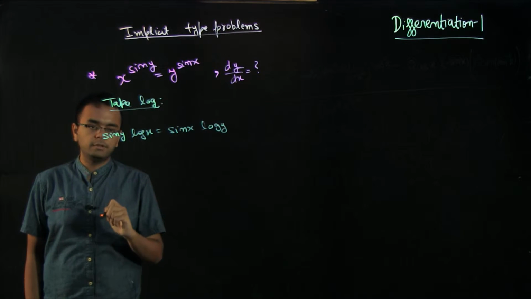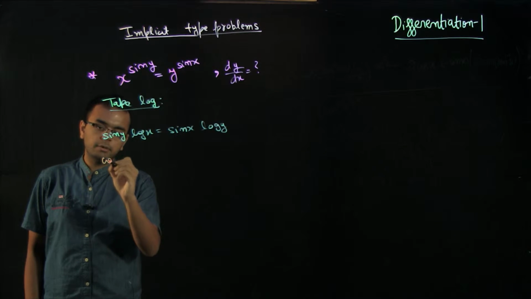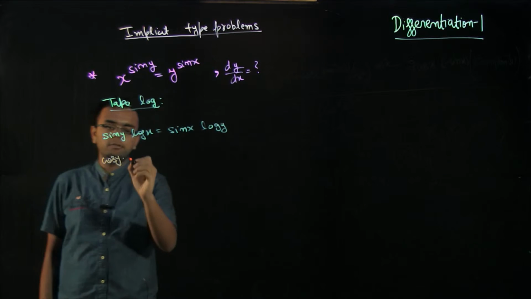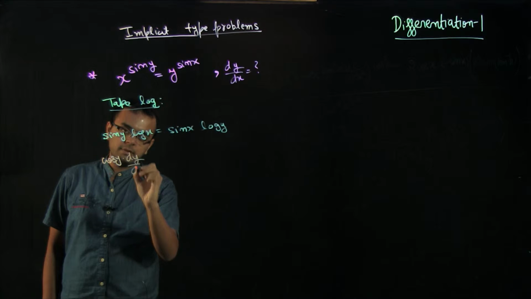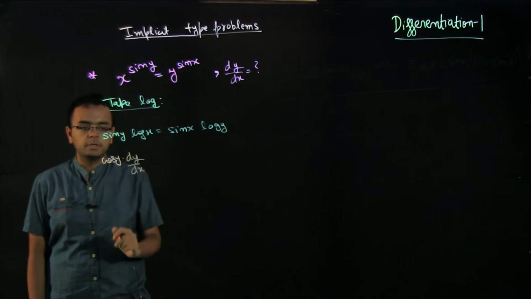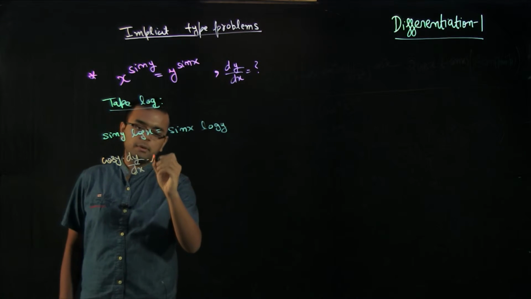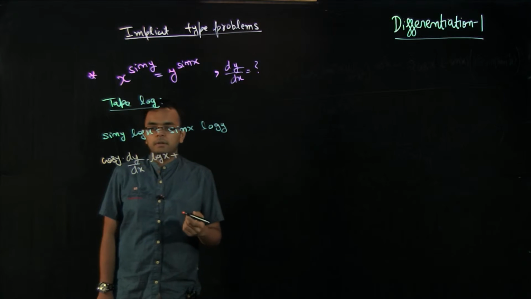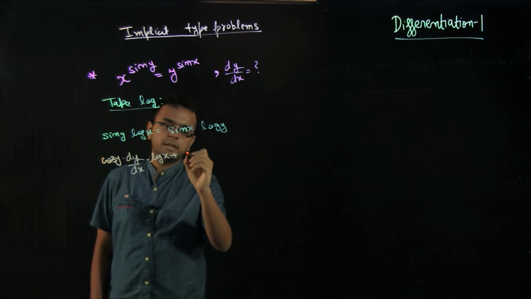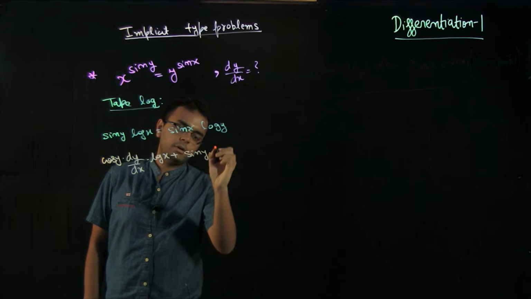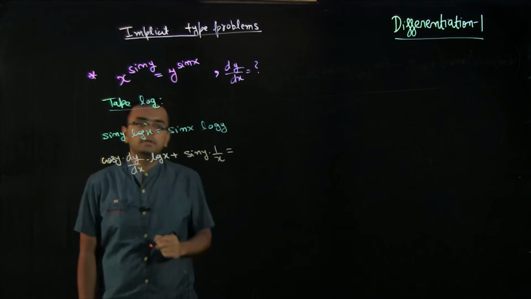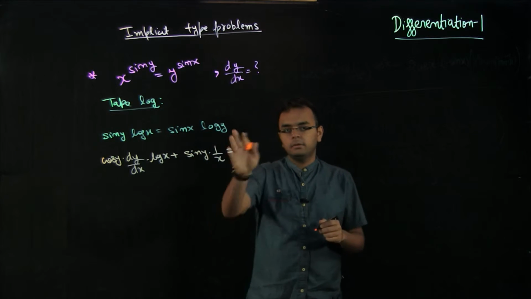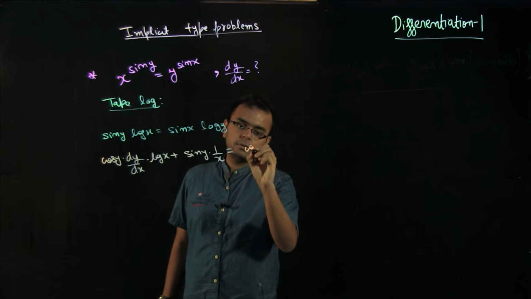So this will be cos y, and then you differentiate y with respect to x, like we used to do in chain rule. So this is dy by dx. This is how the implicit portion comes in, and you then multiply by log x, plus the derivative of log x multiplied by sine y. The derivative of log x is nothing but 1 by x. Now you add the derivative of sine x into log y, which is cos x into log y,